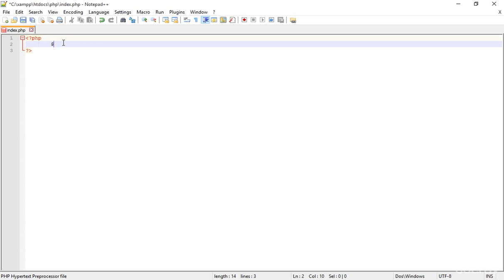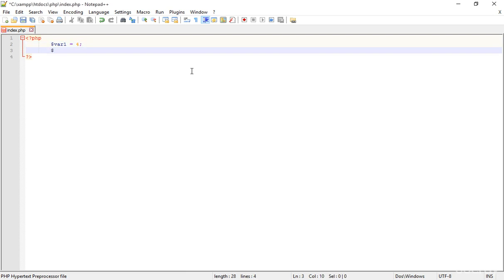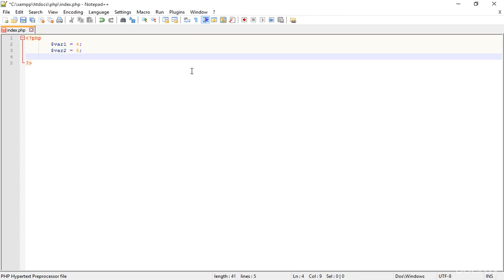Create a dollar sign. As you know, with the dollar sign we can create different variables. Here I'm putting an equals sign, and here I'm putting a value. Now this is another variable, var2, and I'm putting another value. I'm choosing 5 as the var2 value. So now what I'm doing here is, I press echo and type var1, and